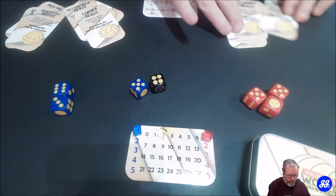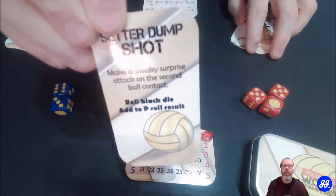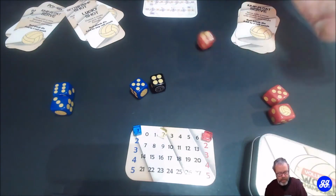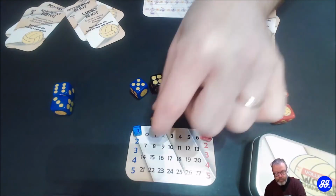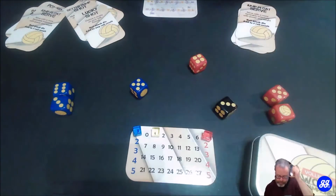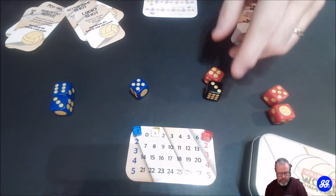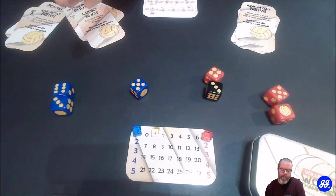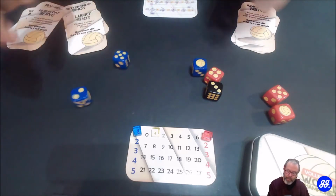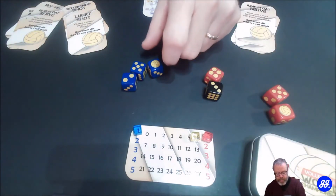And he will try a setter dump shot. So when you do a setter dump shot, so I pass, so I'm minus 2, but I can add this one 3, so I'm at 1 because it's a setter dump shot. So the ball goes right over on the second pass to the blue side, but the reception is not that strong, so it's 2. So I'm going to make the reception. So blue goes to 6,